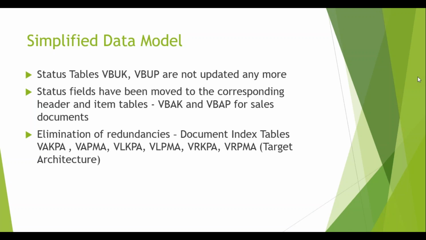Whenever you create a sales order, and go through the complete sales order cycle, you create the sales order, then you do the delivery for that sales order, and finally you do the billing of that particular order. All this status information, like what is the status of the sales order, the status of the delivery, and the status of the billing, is available in VBUK and VBUP in ECC. But now in SAP S4HANA,